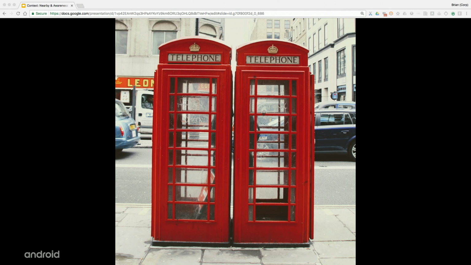So we started the Nearby project with a really simple idea. The interactions that we have in the real world are really straightforward. Like you walk up to people and you talk to them. At a conference like this, you can introduce yourself to somebody really easily just by walking up to them and talking. But when we try to do the same interactions with our devices, it can be kind of clunky and unpleasant. There's a lot of friction.